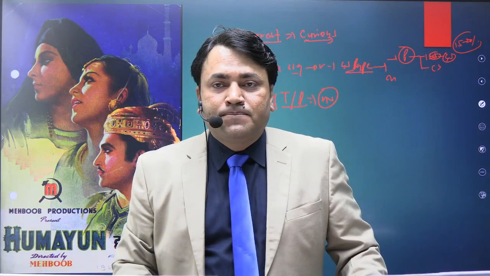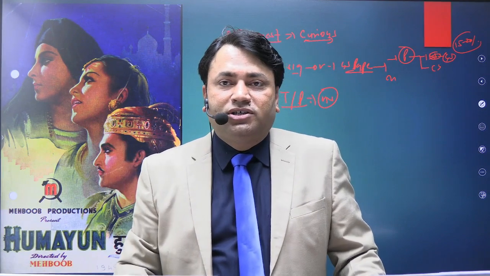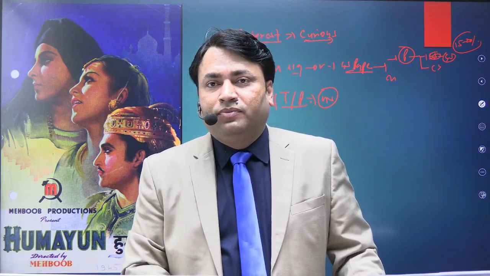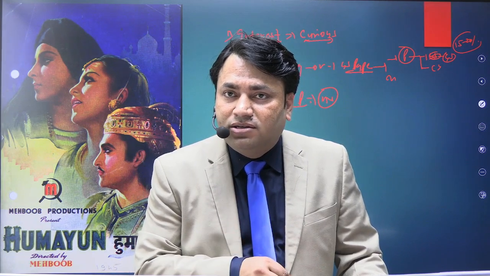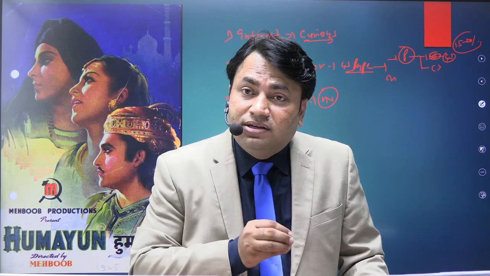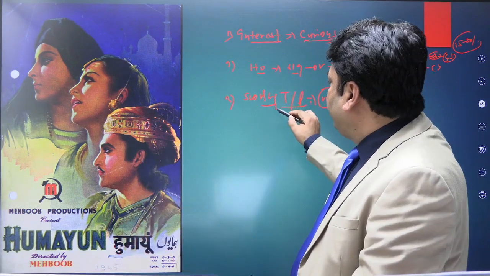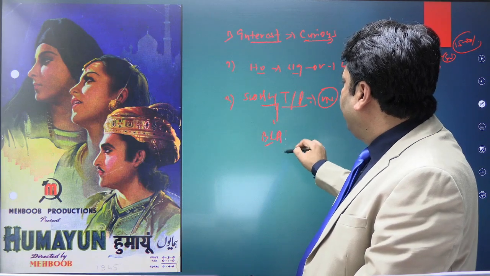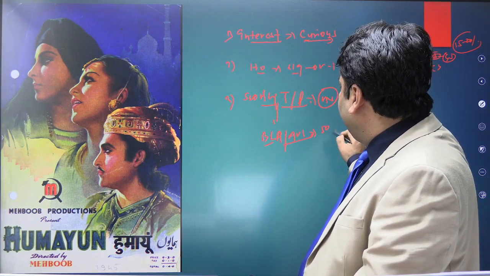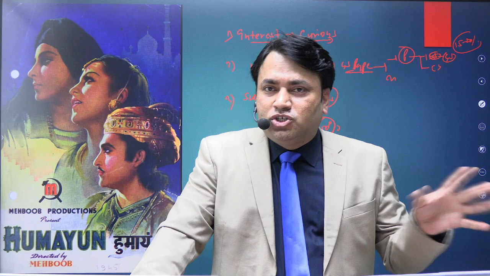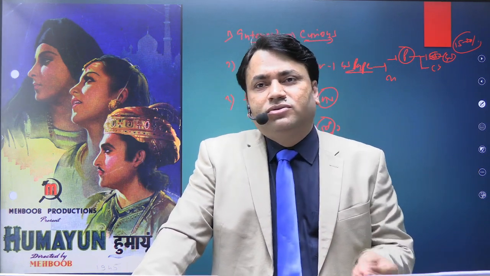The scoring trend and potential of history: it is one of the most popular subjects, not for the last 5 or 10 years, but for the last few decades. With a very basic or average level of preparation, you can easily get 50% of marks in history. It means an average student can easily get 50%. For example, history optional consists of 500 marks, so with a very basic level of preparation, you can easily get 230 to 250 marks.